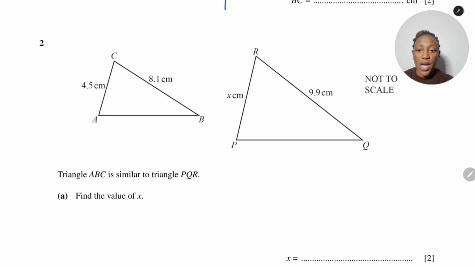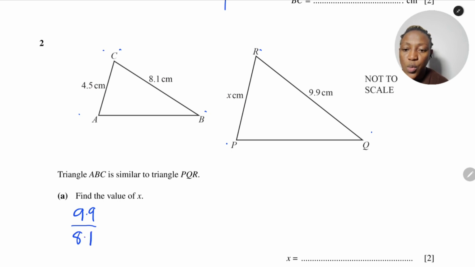In this particular triangle, we can see that side BC corresponds to side QR. Let me take that again. BC corresponds to QR, whereas RP corresponds to CA. So we need to use the pair that we know as our first part. The first one is going to be QR, which is 9.9 over